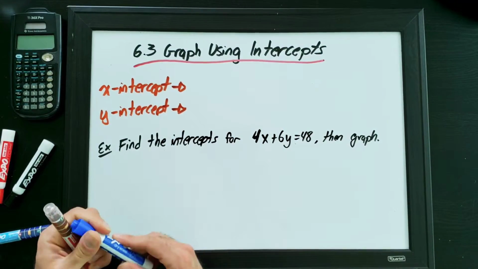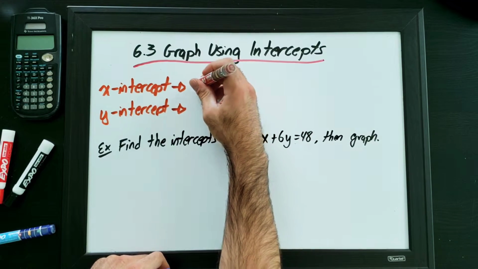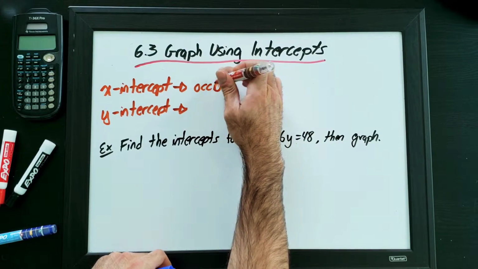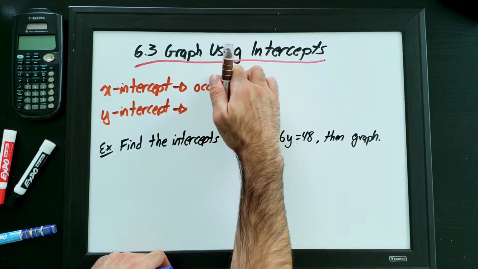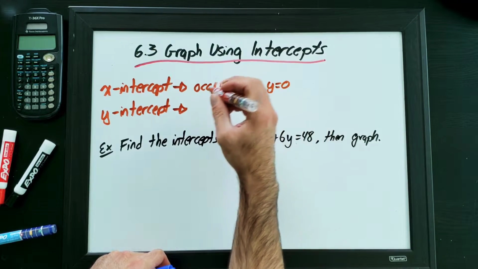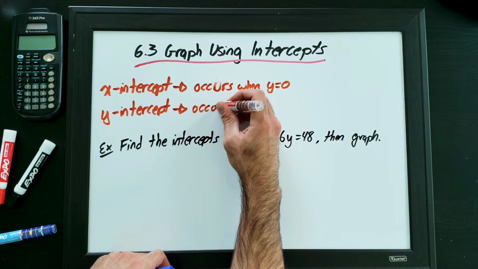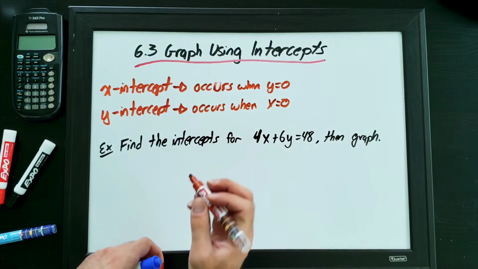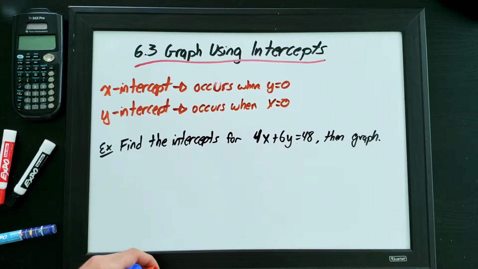So what are intercepts? So first of all, the x-intercept occurs when y equals 0, and the y-intercept occurs when x equals 0. Okay, so if you think of a graph,